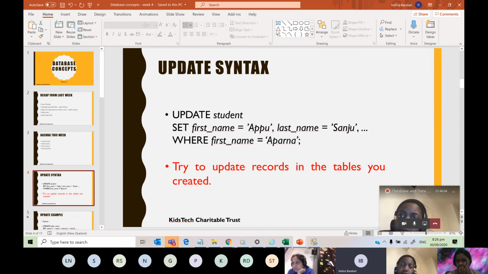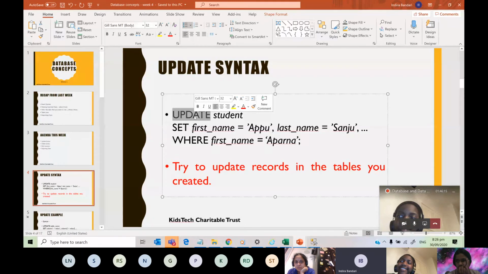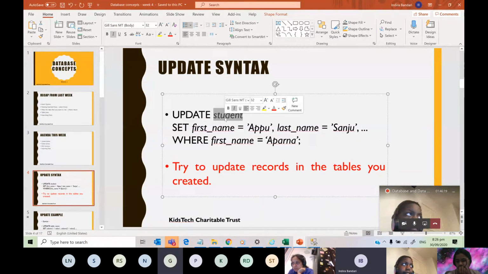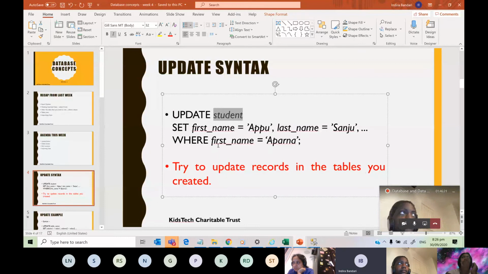Can everyone see my PowerPoint? Yes. Okay. So here, update syntax is you have to use the keyword update followed by table name. There is a set word. Set the column name. This is column name.